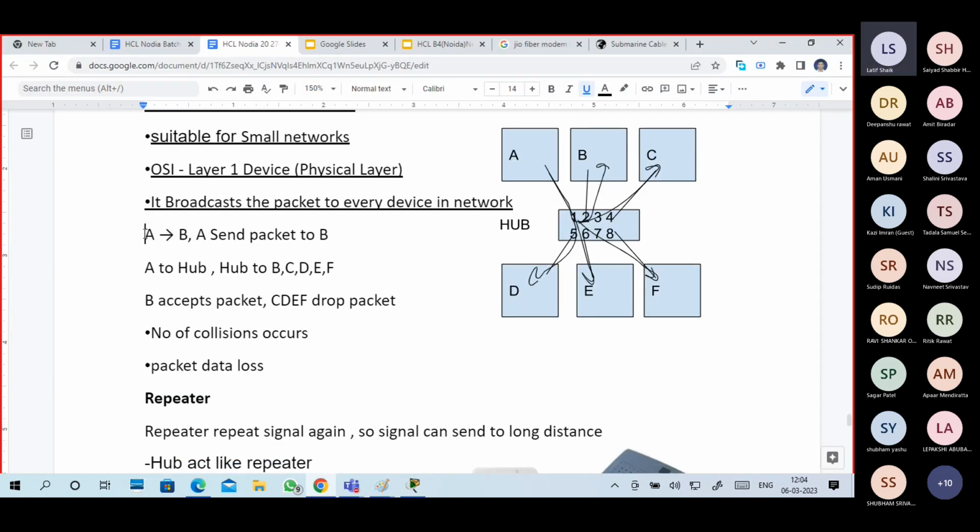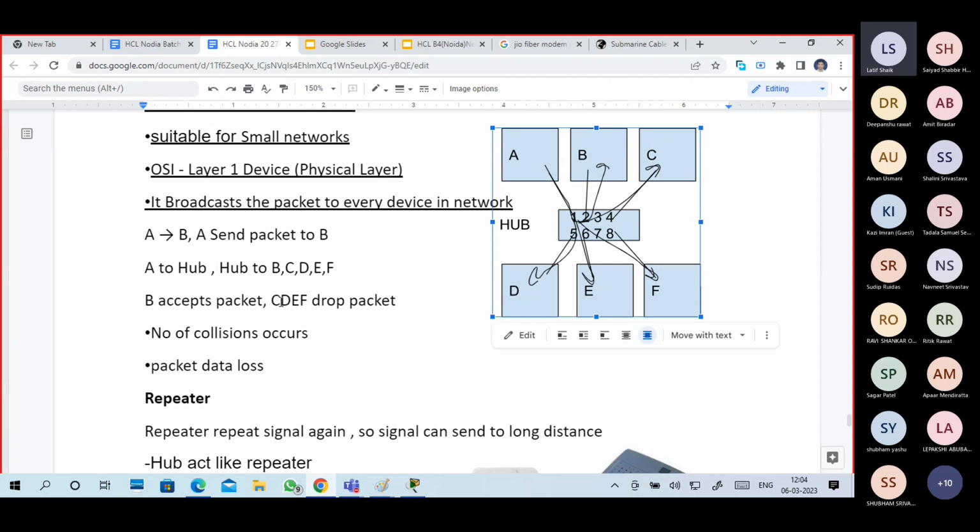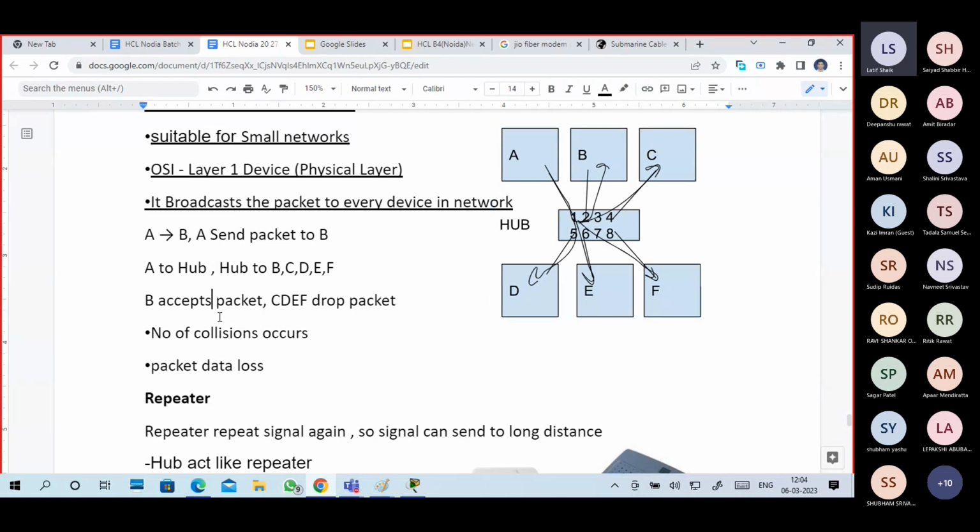So for example, A wants to send a packet to B. A to hub to B, C, D, E, F. So the devices that are connected to the hub will get the packet. And B is our destination, right? So B checks the MAC address and IP address, and accepts the packet.